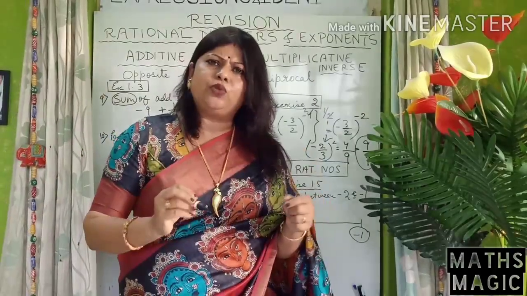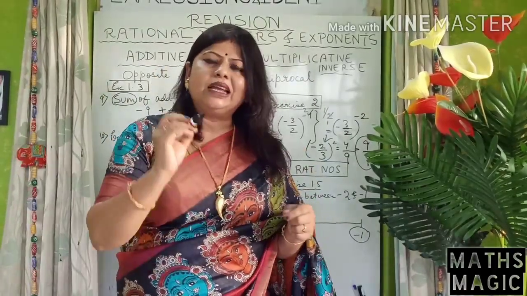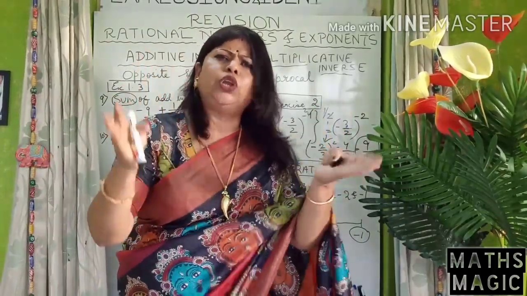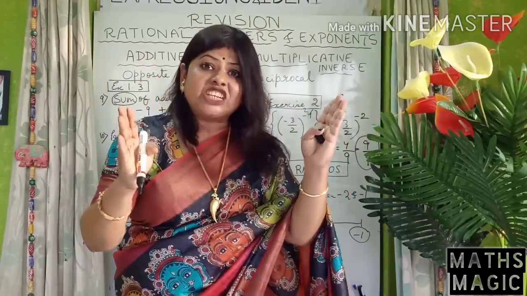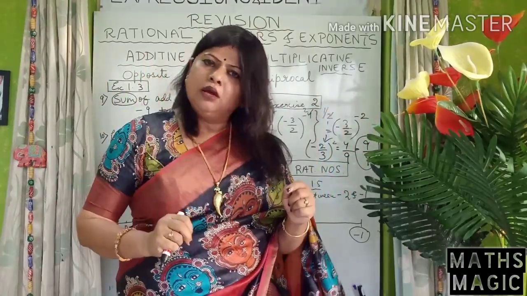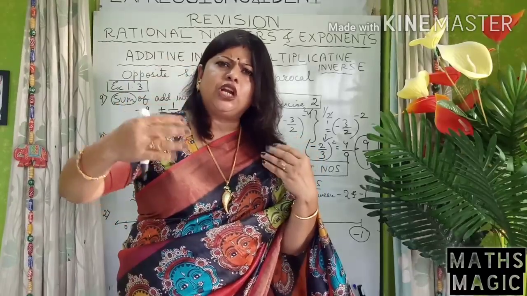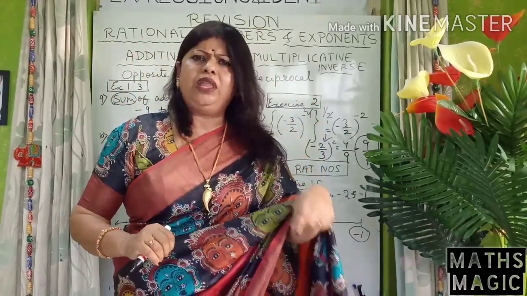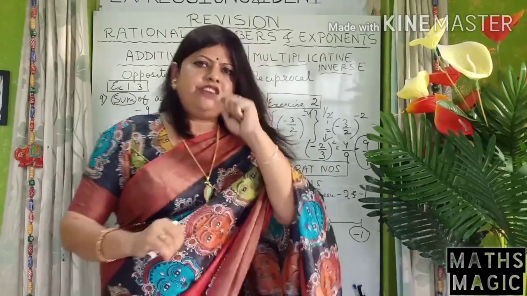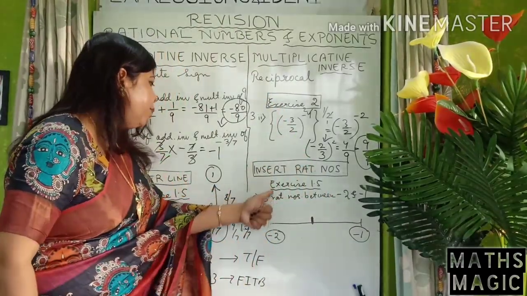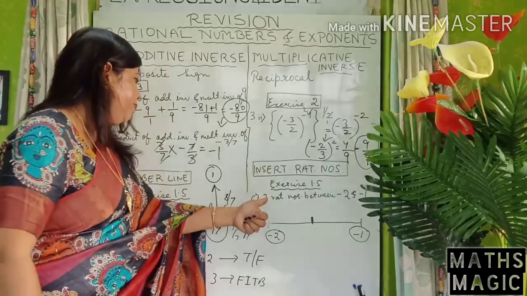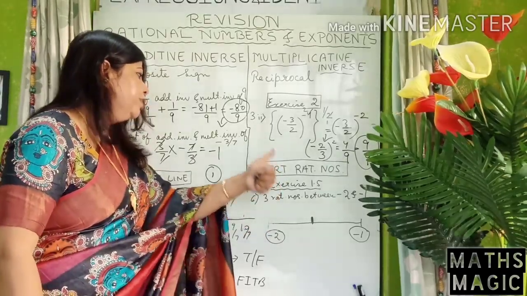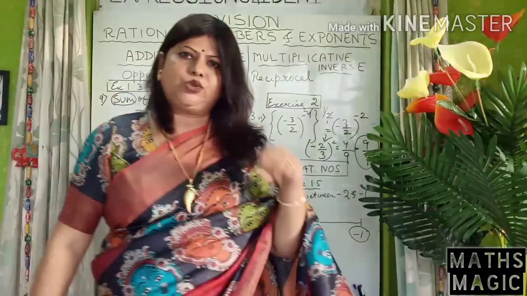Next, a very important question in rational numbers, that is insert 2, 3 or 5, 7 rational numbers in between. Follow. When you have 10 rational numbers, 12 rational numbers, you have a different method. Here I am dealing with a simple question on this. Like if I say exercise 1.5 question number 6, I am doing. Insert 3 rational numbers between -2 and -1.